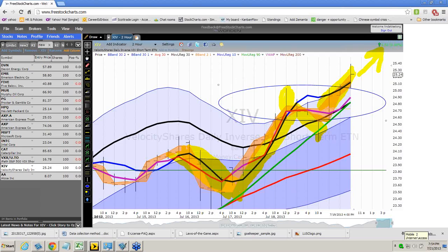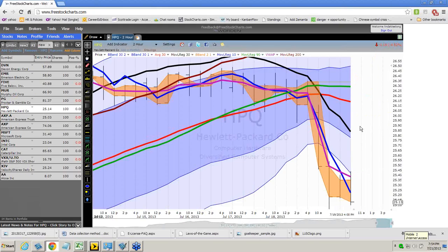I want to look at Hewlett-Packard as well. Hewlett-Packard, so here's a chance to buy the strong stock in the Dow on sale with the ribbon outside of the floodplain. Now, it closed weekly at 25.13. So what I'd be looking at is